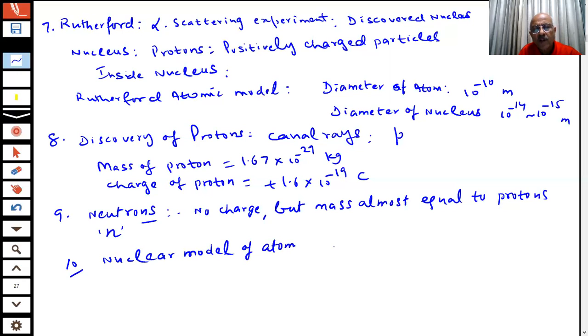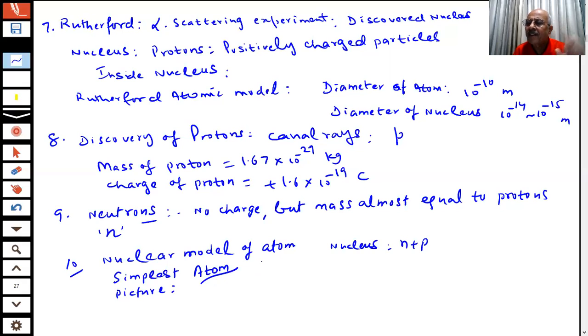We are representing that there is a nucleus inside the atom which contains neutrons and protons. What does the nucleus contain? Neutrons and protons. Simplest picture. I am saying, what is the simplest picture of the atom which we can give? Is it correct or not? I am not talking of that yet, but for our purpose,